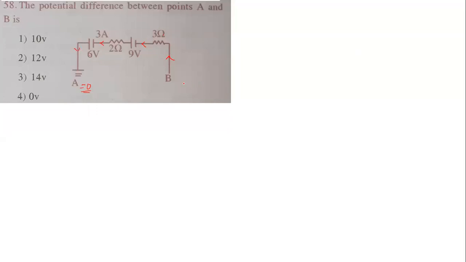Since it is zero, it must be at high potential. Current always flows from where to where? High potential to low potential. So they are asking for the potential difference between these 2 points. I am going to start from this point. Like this, I'm going to think of it as a closed circuit, and here the potential drop is zero. I'm going to go in the anti-clockwise direction, or you can take the clockwise direction also, not an issue. Okay, let me take the clockwise direction. Yes.